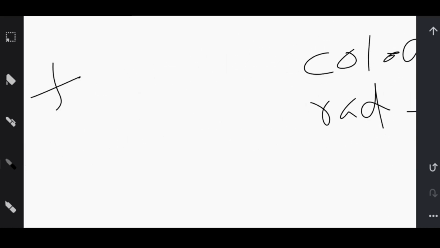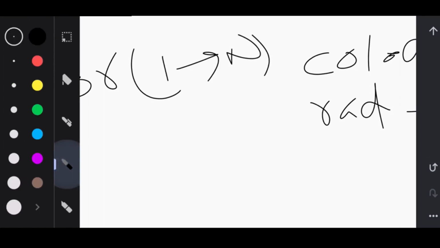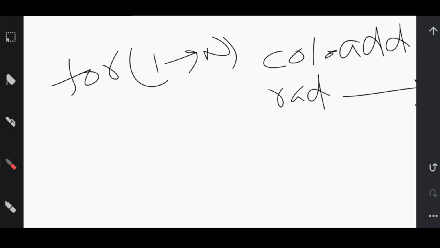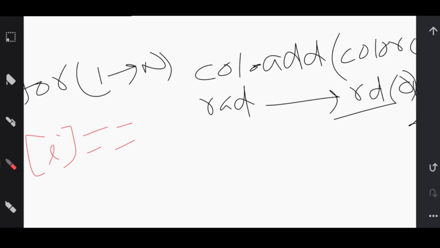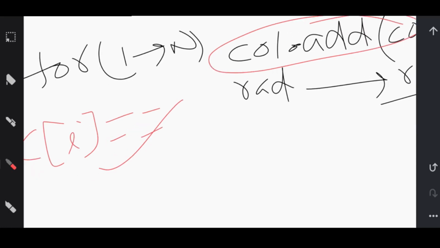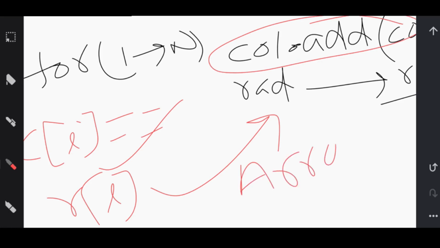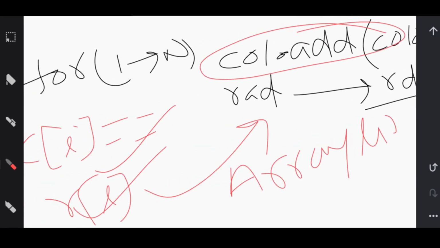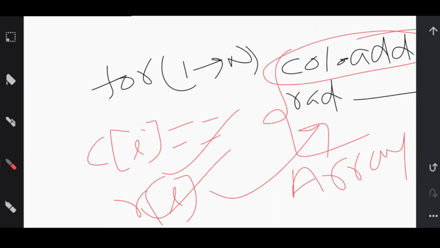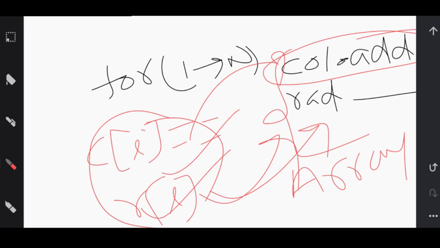Then a for loop from i equal to 1 to n, and inside the for loop we will check if color i is equal to the last element of the color array list, and radius i is equal to the last element of the radius array list. If same, then we will remove this value from the array list. And if they are not the same, then we will just add these two to their respective array lists. Okay, so this is our task.